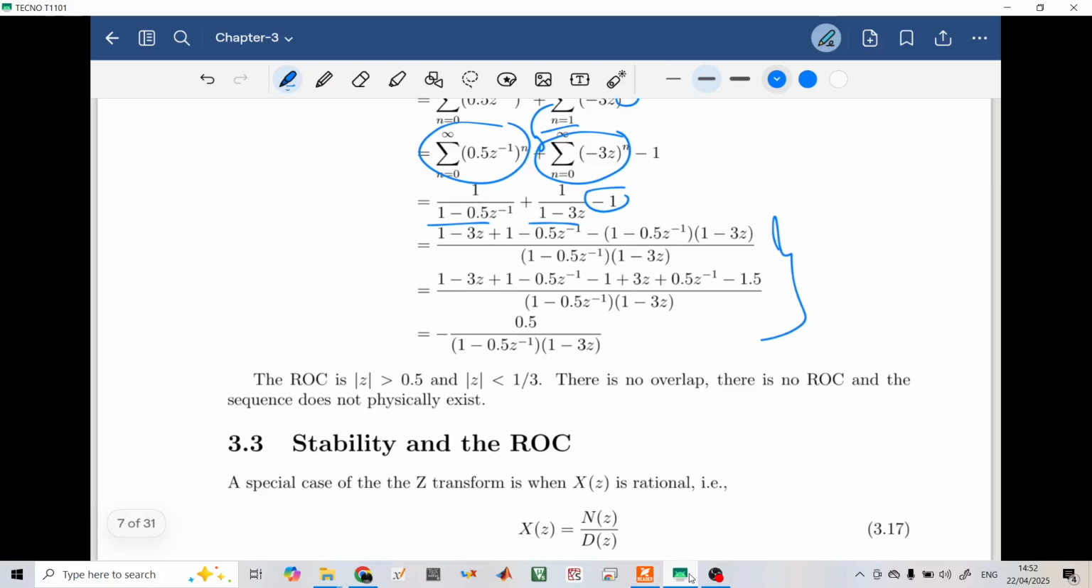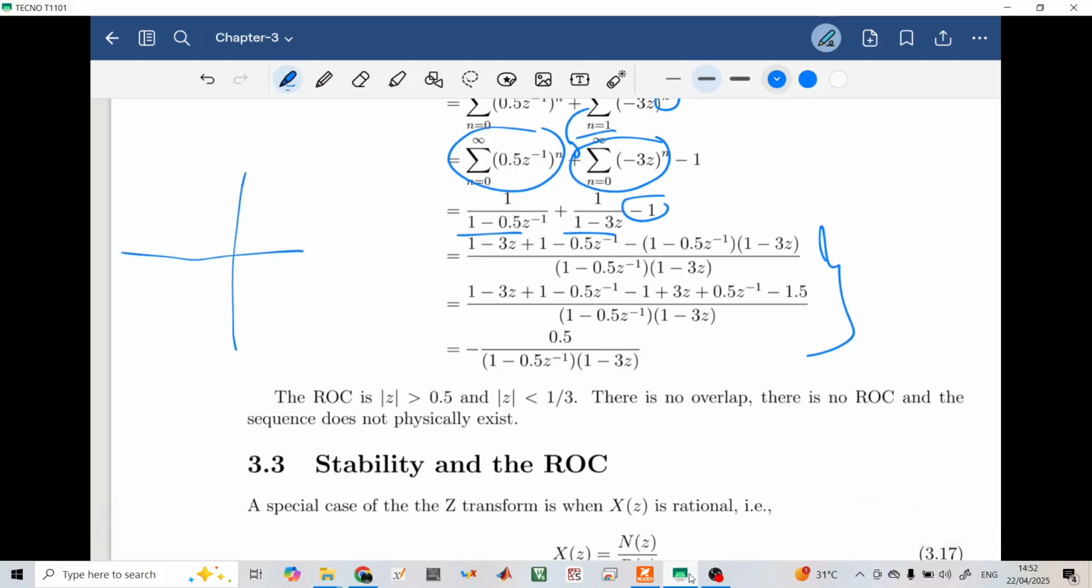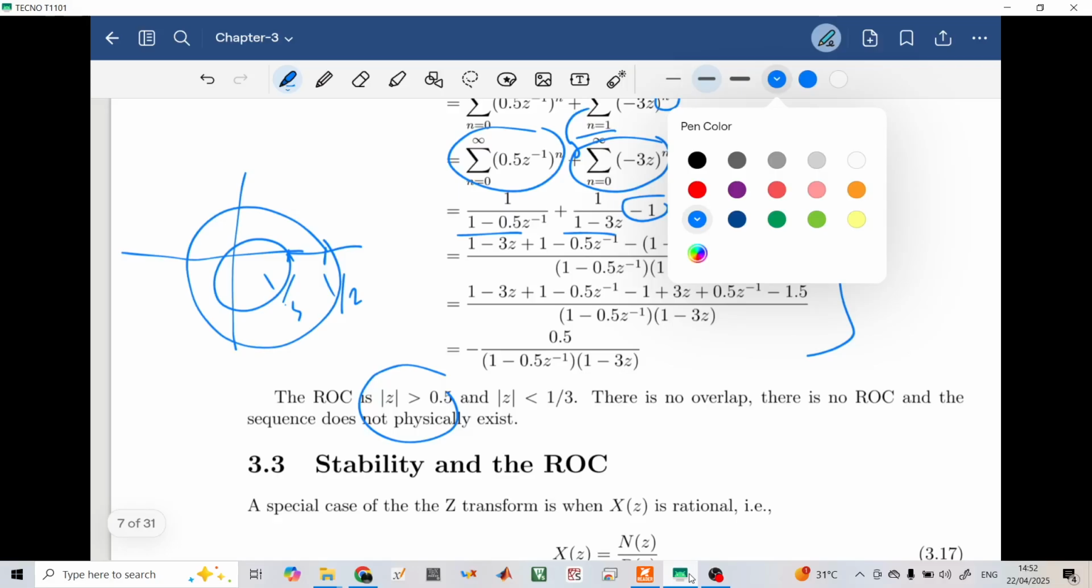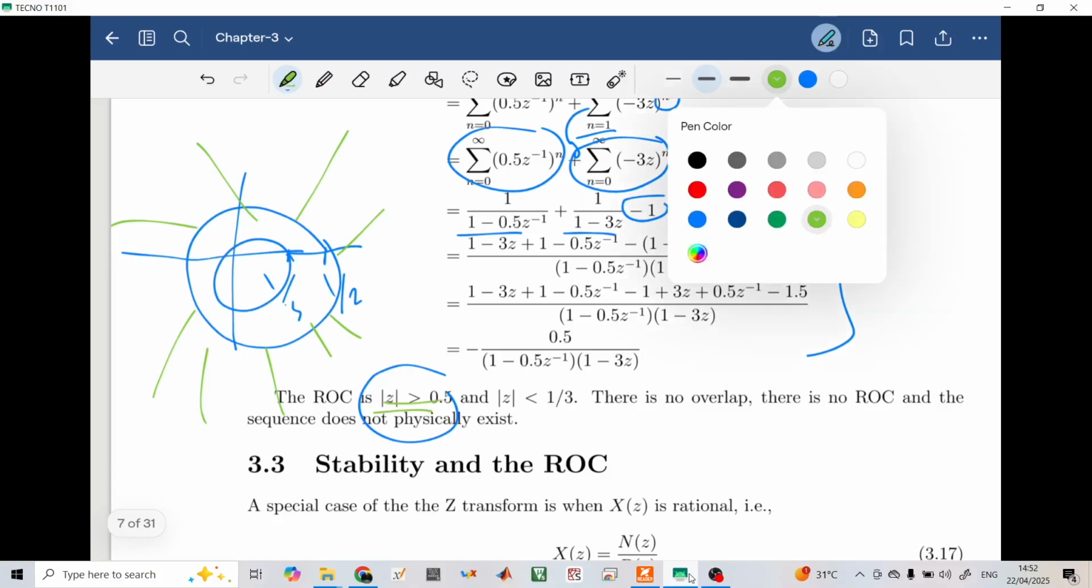So if we, let's say, draw it here, the first term will give us this ROC region. So this is 1/2 and this is 1/3, right? So the first one is, let's draw it in green. So this is the first ROC, corresponding to this term. The second ROC is, let's put it in orange,